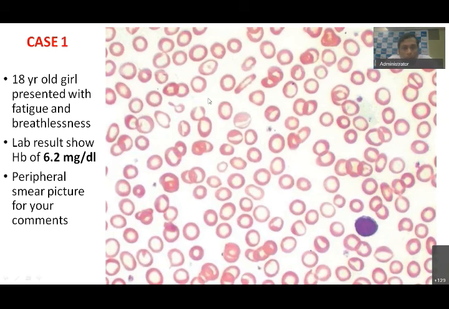Okay, and you also find, are they uniform in size? Are all the RBCs uniform in size? No, you can find certain abnormal shapes. You are finding some cells like this. This is a pencil cell. Okay, it's like a pencil, so you call it a pencil RBC. And you also find something like this. Okay, like a drop. This is called a teardrop cell. So to brief, this is a microcytic hypochromic anemia because hemoglobin is just 6.2. It's a microcytic hypochromic anemia, and you find some anisopoikilocytosis.